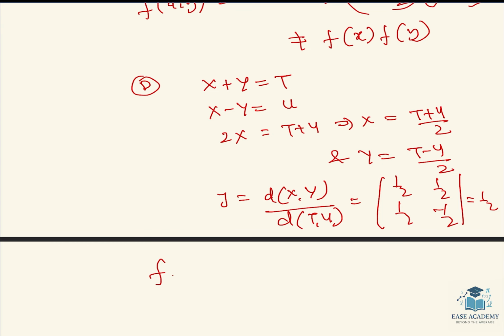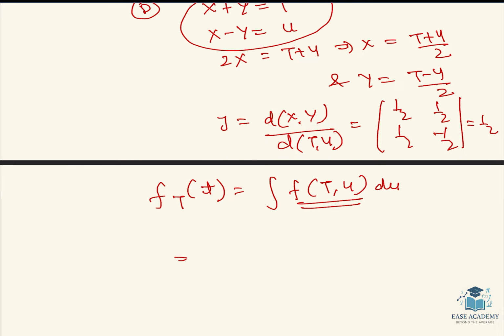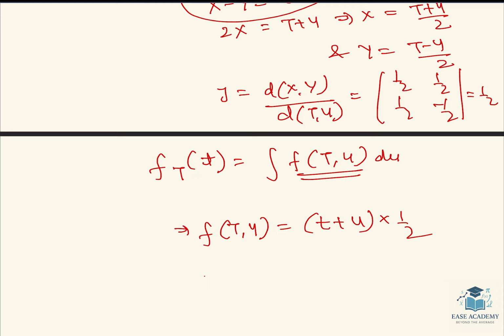Now the density function of t is basically after integrating the joint density function of t and u with respect to u. तो अब ये joint density function हमें t और u का निकालना है. ये कहाँ से मिलेगा? फ्रॉम दिस. तो अब मुझे निकालना है f(t,u). ये क्या होगा? इन रिप्लेस दैट x एंड y. x के जगह पे हम लोग लिख देंगे t, जो कि हमें क्या मिल जाएगा? (t plus u) इंटू हाफ. अब इसको इंटीग्रेट कर देते हैं विथ रेस्पेक्ट टू u, ताकि हमें ये t का मिल जाए. We will get (t plus u) into half.